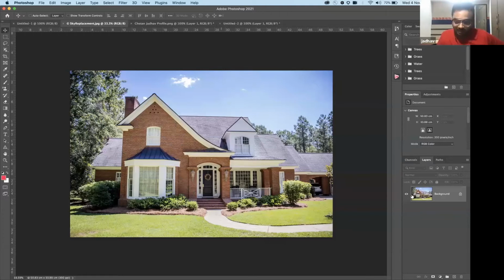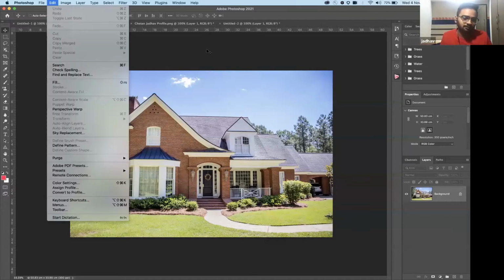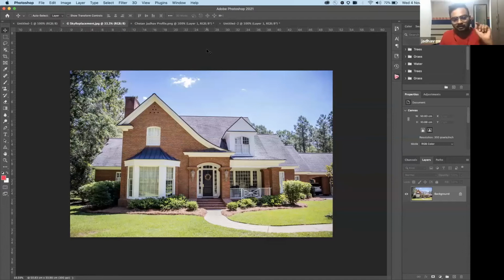So this is the layer which I have active right now. Let's say I want to do a very quick sky replacement. So I'll just go to Edit. What I'll also recommend is that you keep notes of what I'm talking. For example, I talk about sky replacement. You write it down with pen and paper, take down notes so that you can go back to your workstations and explore what I showed you. What I'm showing you right now is just the tip of the iceberg. Later on, you can go to your workstation and explore these features.